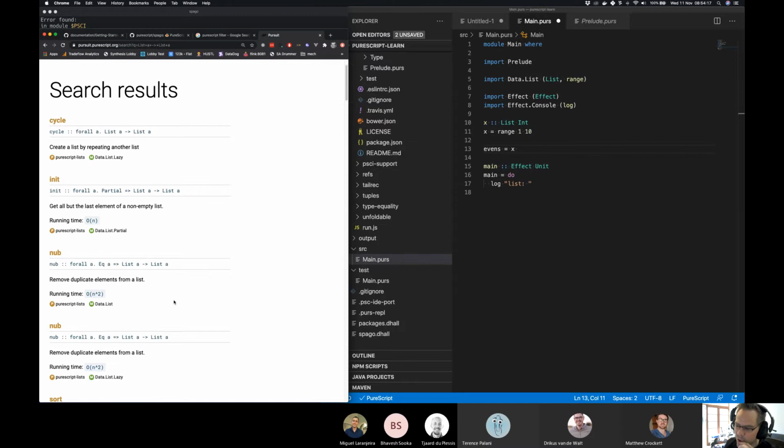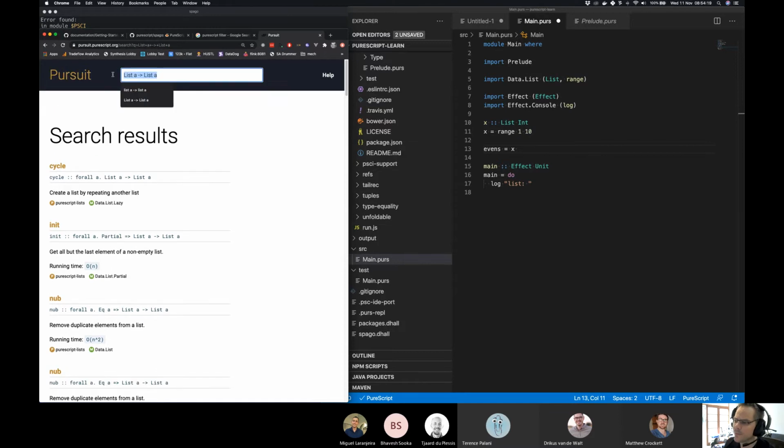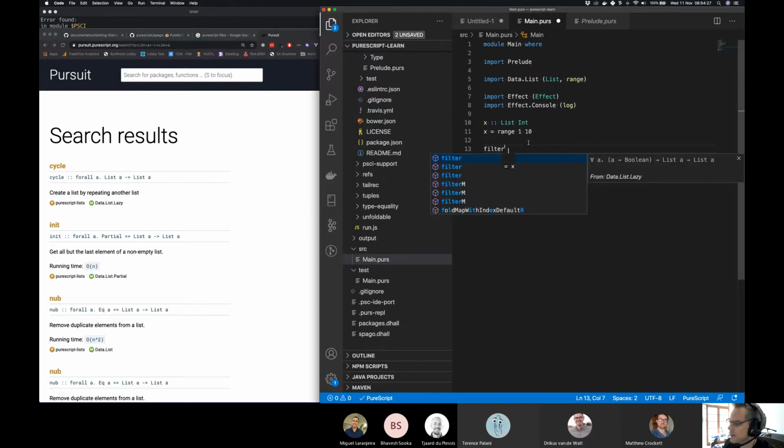Already you can start to see what the definition for filter would look like. This might sound weird, but filter is probably something which we give a list. Let's say it's a list of int.